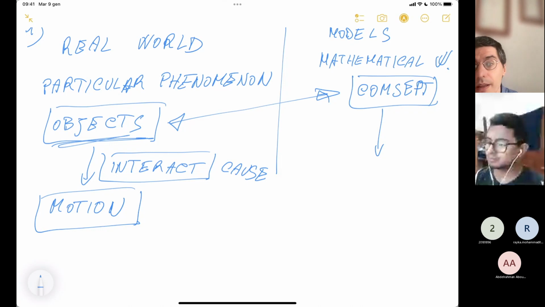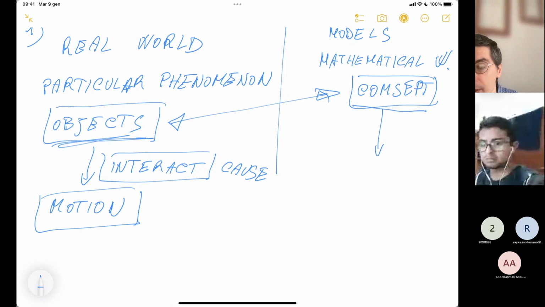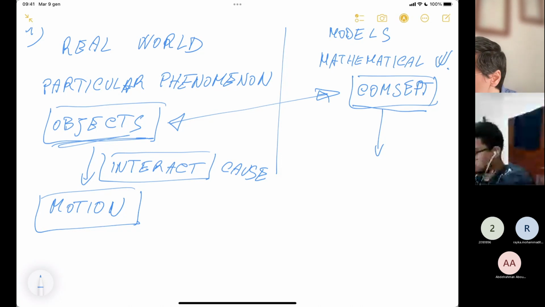Then, in the mathematical world, we have to define some concept, which is defined here in the set of objects that we want to study: material particles, rigid bodies, or deformable bodies. And this concept leads us to define some mathematical concepts like forces,